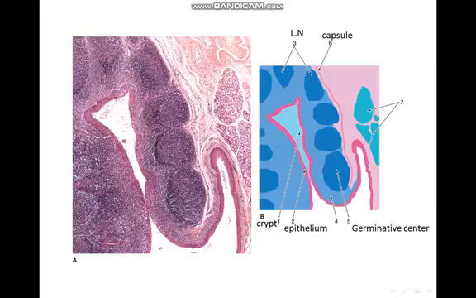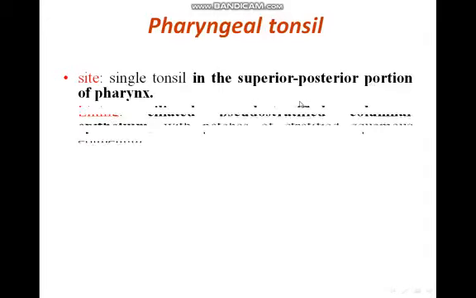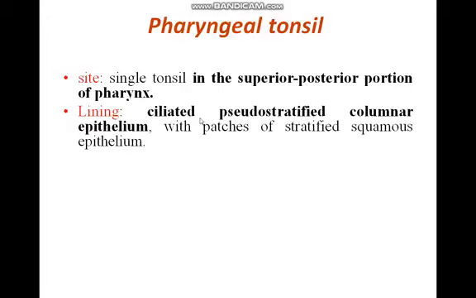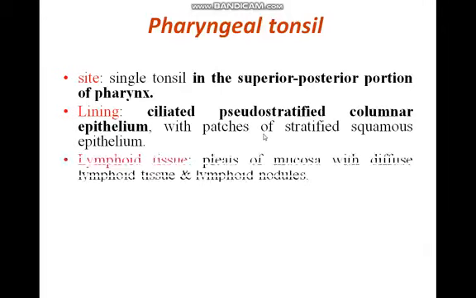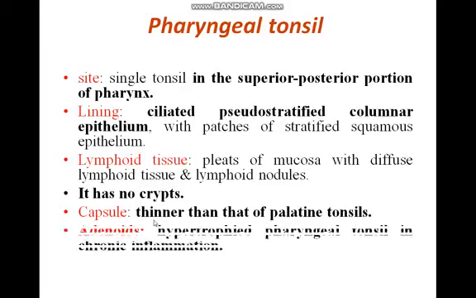from underlying structures. The pharyngeal tonsil is single, located in the superior posterior part of the pharynx, and it is lined by respiratory epithelium, which is a ciliated pseudostratified columnar epithelium, and it contains no crypts. The lymphoid tissue is in the form of free lymphoid tissue and lymphoid nodules. It has no crypts. This is an important feature. The capsule is thinner than that of the palatine tonsils. A clinical condition called adenoid, which is seen in pediatric age groups, is characterized by hypertrophy of pharyngeal tonsils, and sometimes